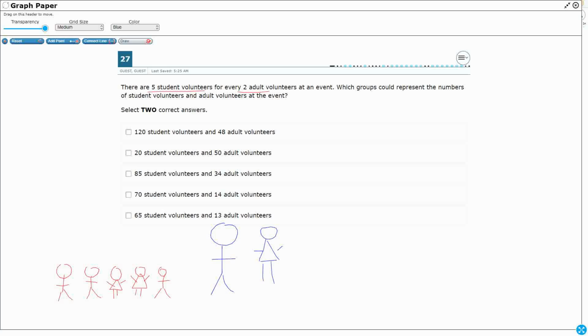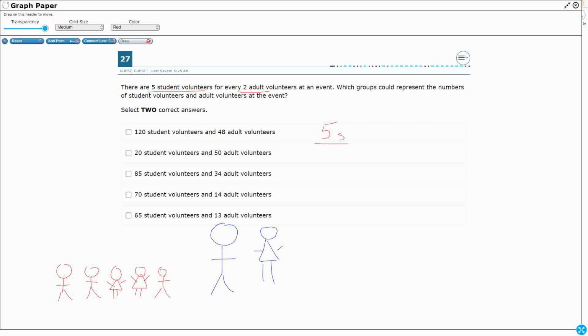So which groups could represent the numbers of student volunteers and adult volunteers at this event? And then we just have a whole list of students and adults. So how do we check that? Well, let's set them up here like this. I'm going to use labels here. And what I'm going to do is I'm just going to set up a series of possible proportions and see are they equivalent, right? So 5 students, I can put my students in my numerator,